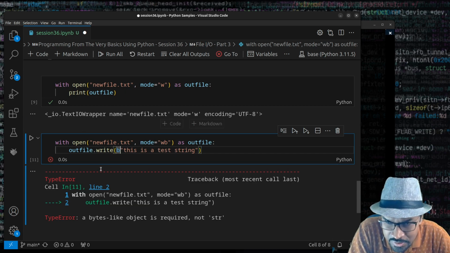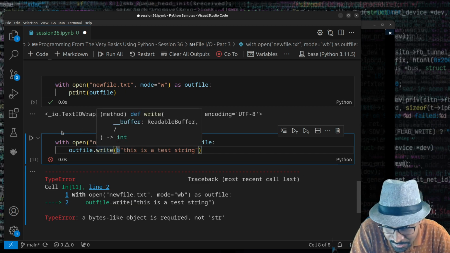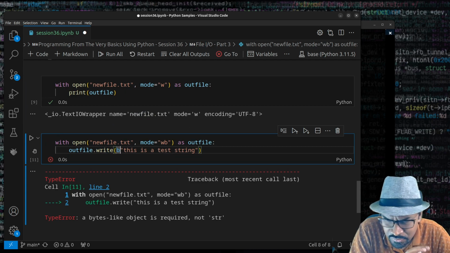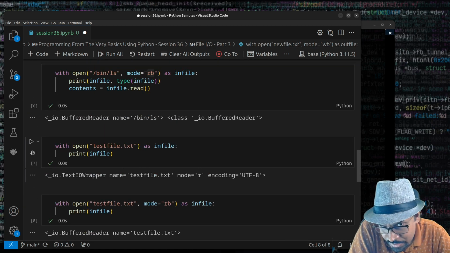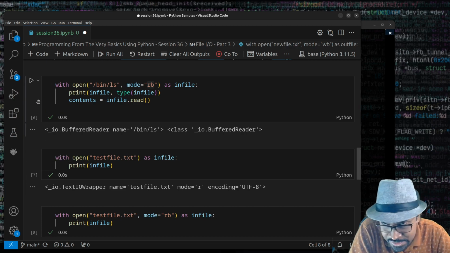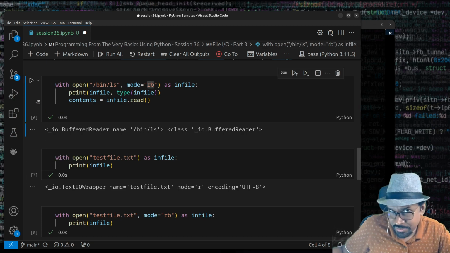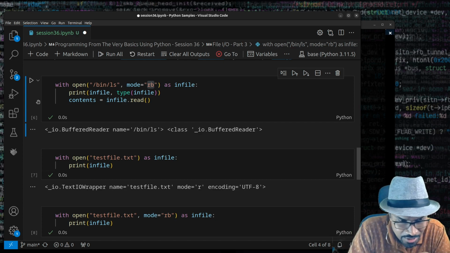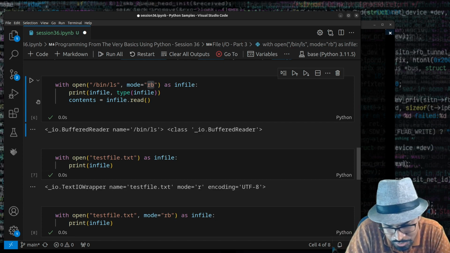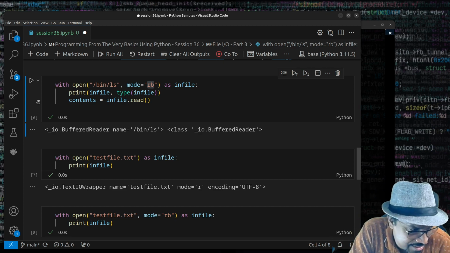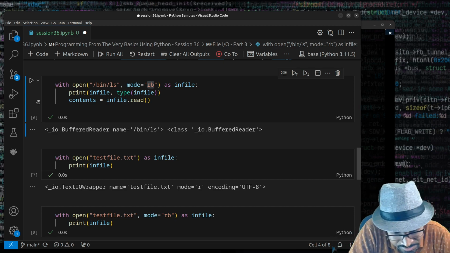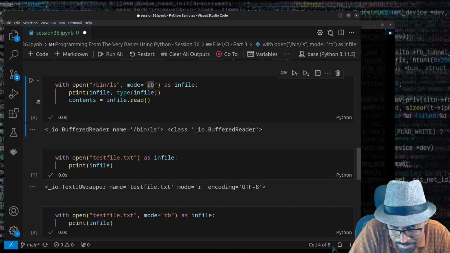So this is what you should note about working with binary files. As usual, when you work with a binary file for reading and you invoke read with no arguments, the entire file contents are read. There are often times when you want to work with very large binary files. Let's say a big movie stream, which could be a very big file, running to several gigabytes. Of course, today's computers have enough memory that you can read an entire movie stream into RAM if you have several gigabytes of RAM. But sometimes you might not be able to afford that amount of memory to be allocated, or maybe you don't have that amount of memory,